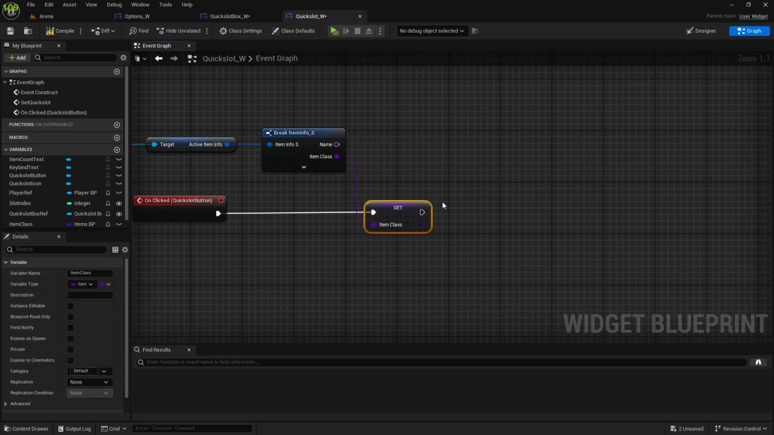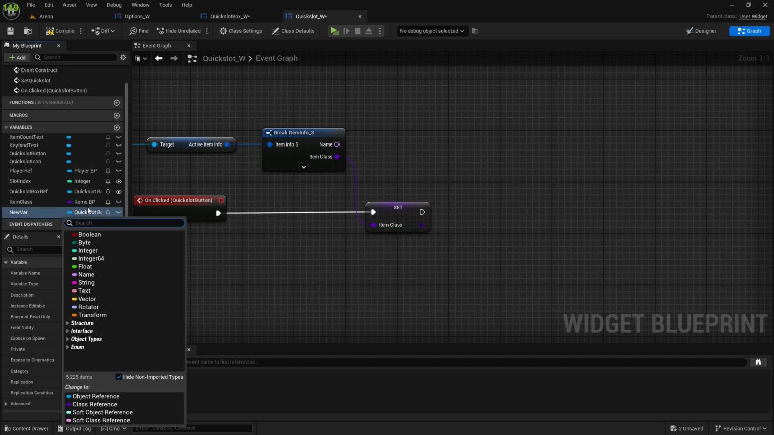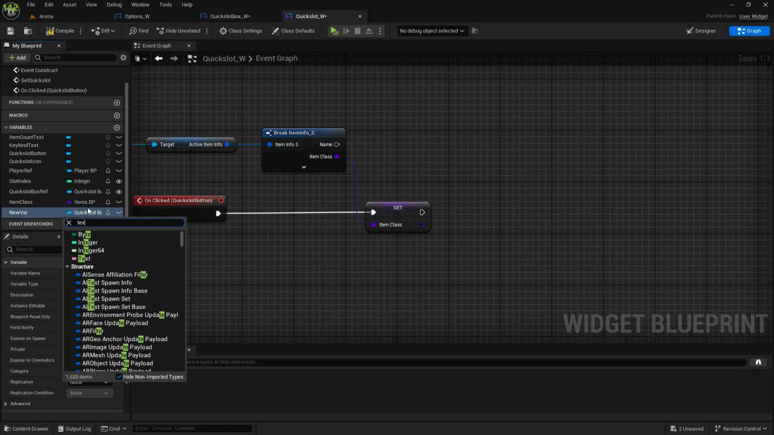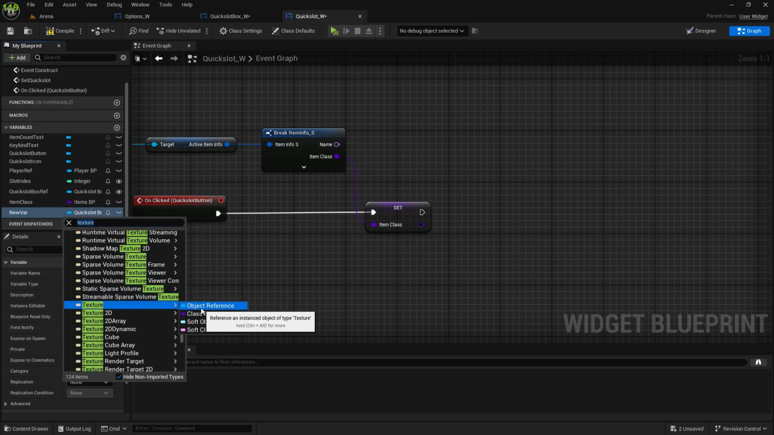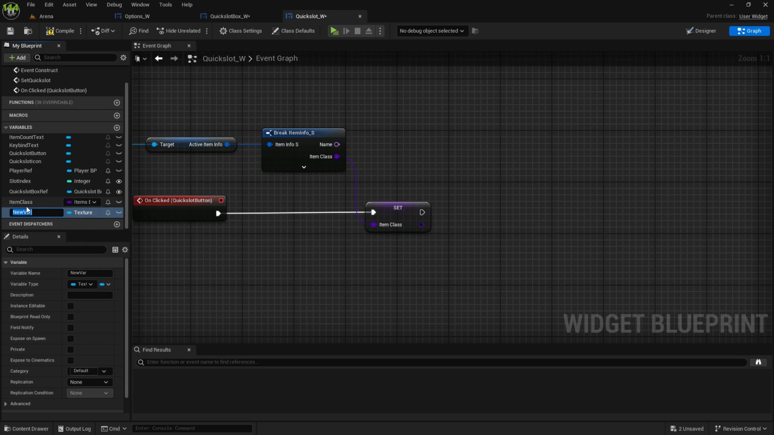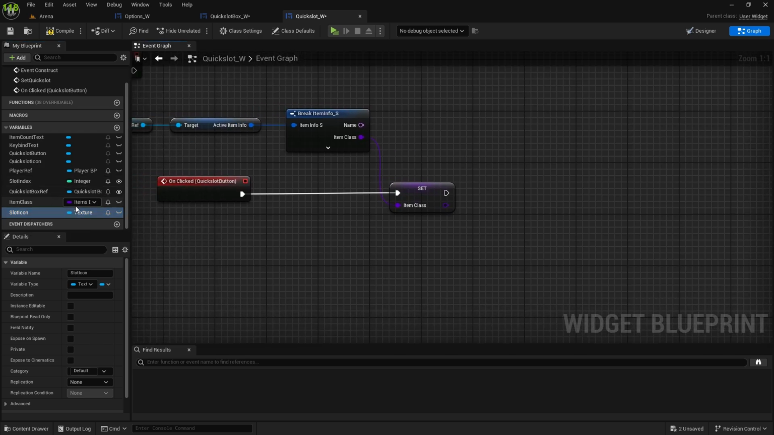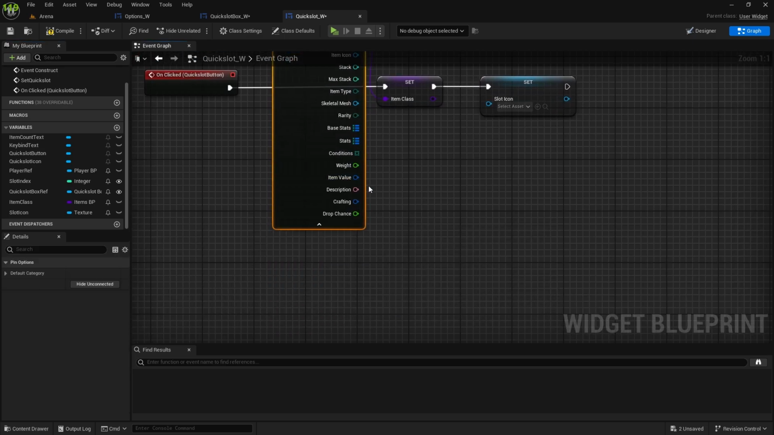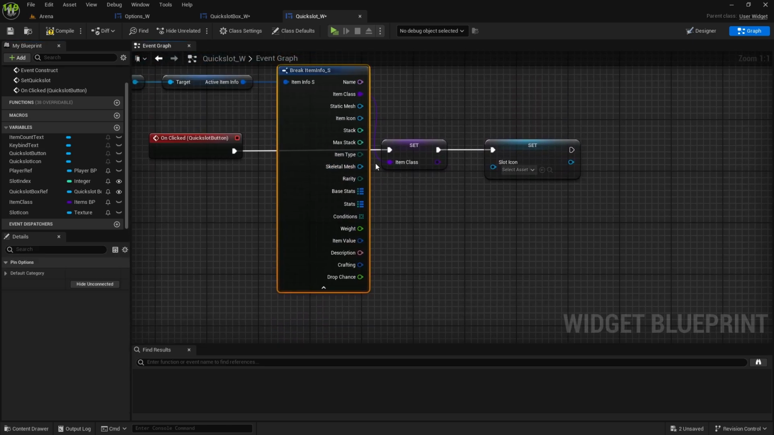Then after I'll create the icon, which is, we can just create a new variable, and this will be texture. I think it's just texture, not texture 2D. So just texture, object reference, and this one will be slot icon. It's not item icon because later on we can use it also as ability icon. So slot icon, we'll set it here from this one. So item icon,